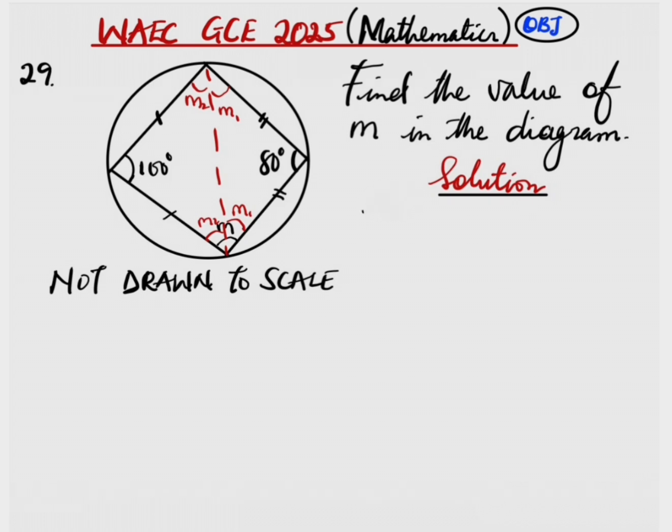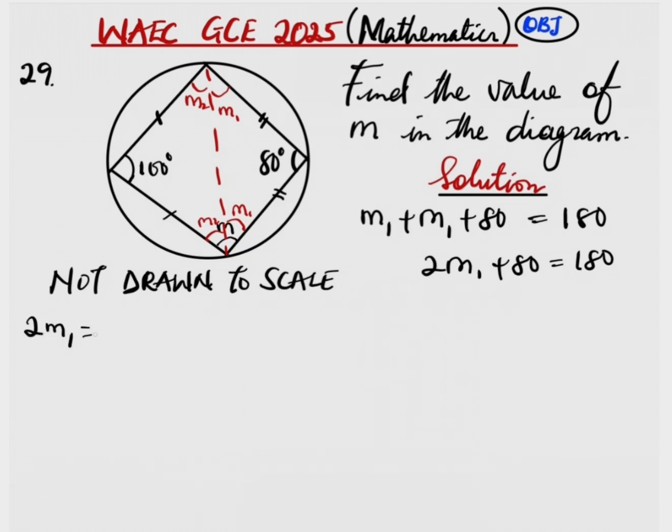So m sub 1 plus m sub 1 plus 80 degrees equal to 180. 2m sub 1 plus 80 equal to 180. 2m sub 1 equal to 180 minus 80. 2m sub 1 equal to 100. When we divide both sides by the coefficient of m sub 1, we get the value of m sub 1